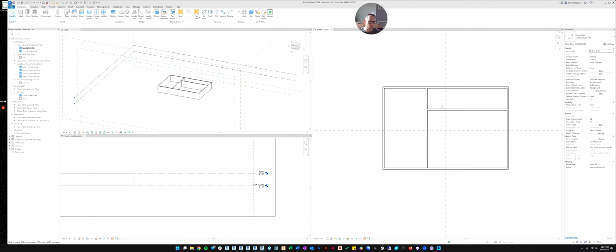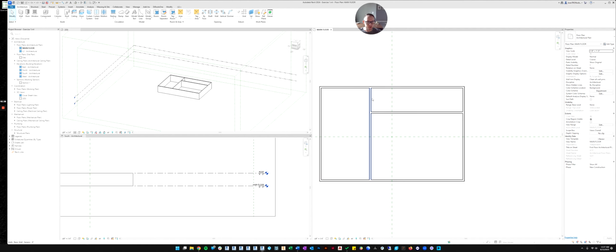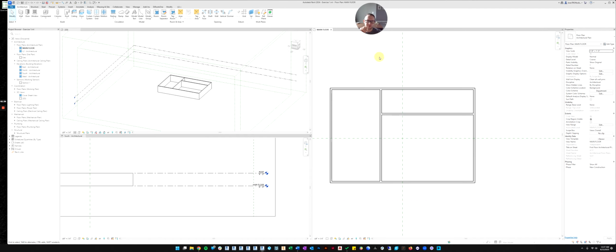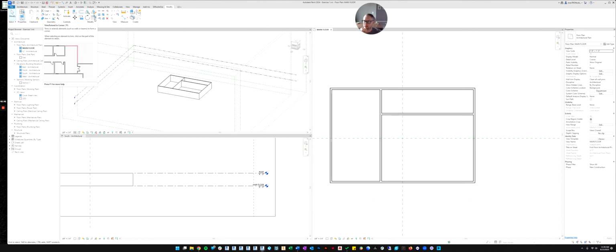Okay, another important command that's good to know is the trim command. This happens before you select the wall. So don't select anything, go up to the Modify tab, and there's this little icon here that's called the Trim or Extend command. If you click that button, it allows you to click 2 walls that you want to make a corner with. Let me just show you. If I click this wall and I click this wall, do you see how it makes a corner?